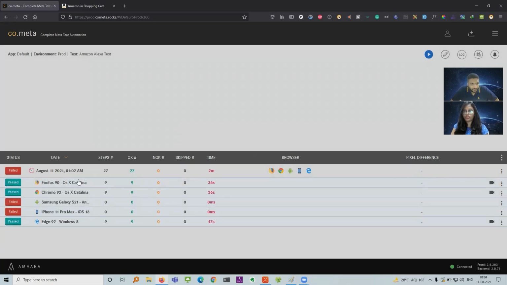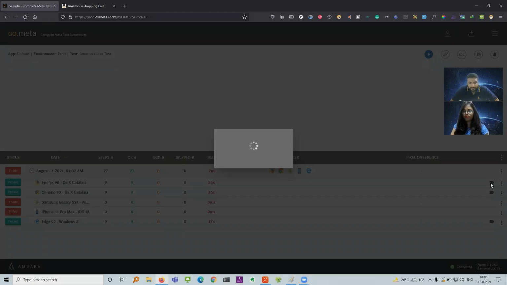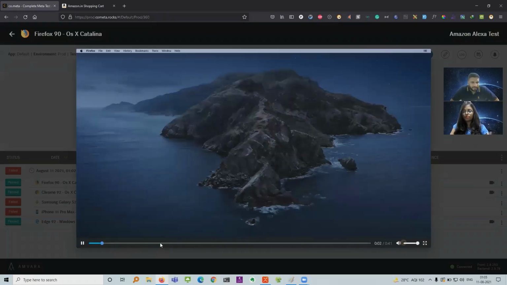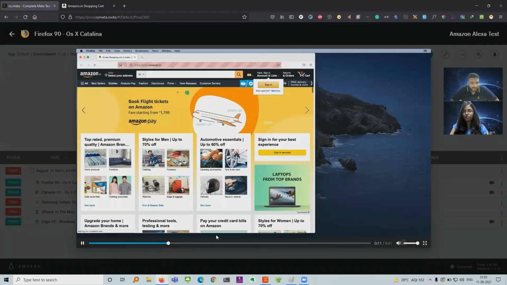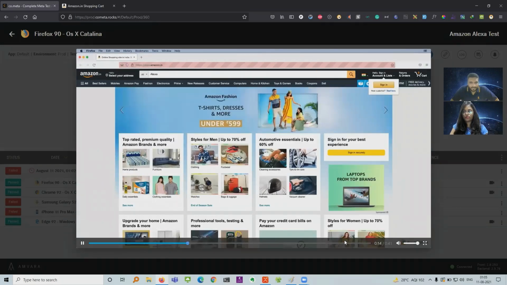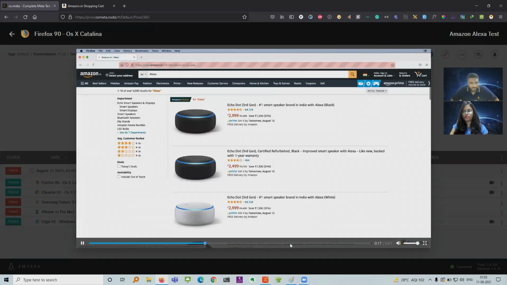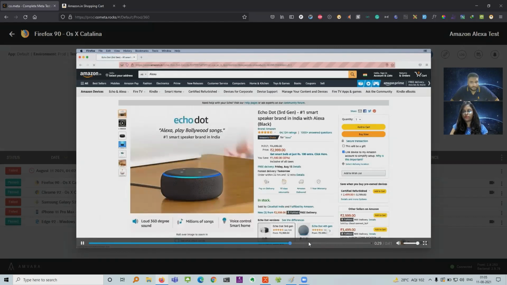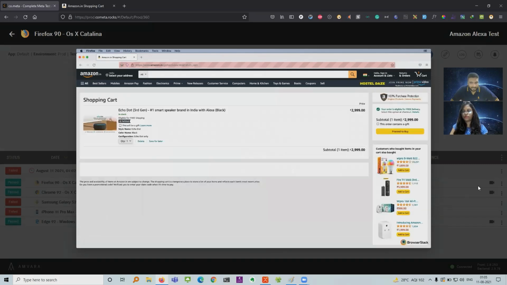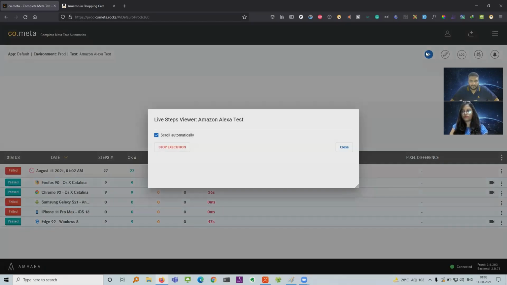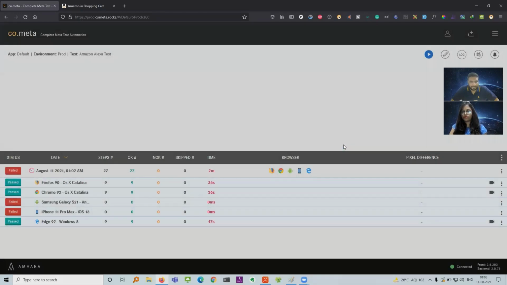But if you see on this Firefox and Chrome and Edge, because the tests were completed, you also have a recording for the end-to-end thing, which is ready for others. Maybe it's processing, and you get this instant recording where you can just see how the tests were performing and passing and all. So it's a live execution view of whatever was happening, and you can use it to debug and analyze. That's pretty cool. And I guess there is one execution which got triggered by us, and maybe that's happening.